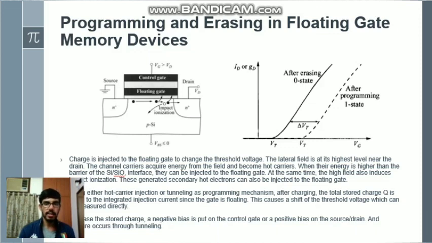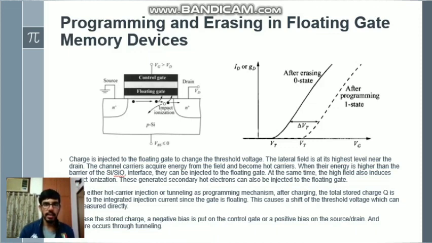When an electric field is established between the source and the drain of the MOSFET, carriers gain lateral velocity, and this lateral velocity is very high near the gate. So a certain fraction of electrons get the energy to overcome the barrier associated with the SiO2, or the insulator used in the floating gate, and thus a certain fraction of charge goes and gets stored in the floating gate. The second process is tunneling, which involves quantum tunneling directly into the floating gate, and since the floating gate is an insulator, the charge cannot move freely there, so it gets stored there.